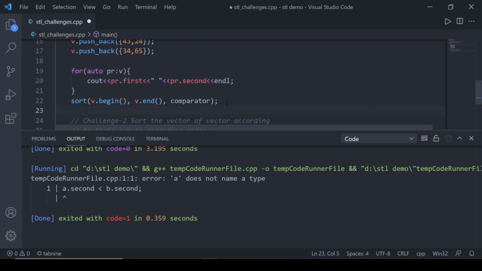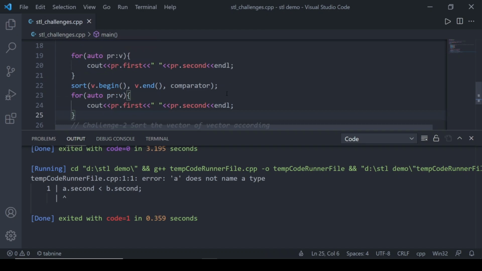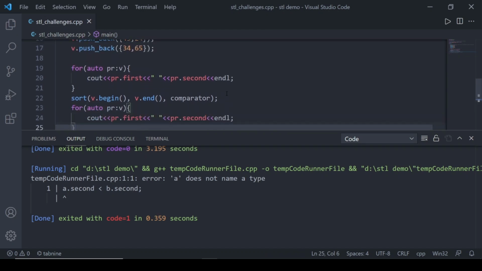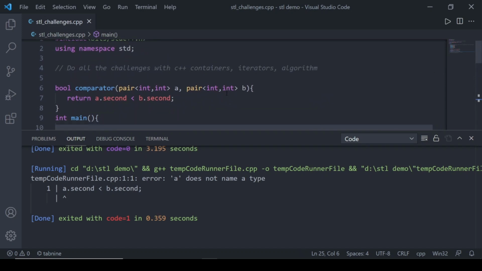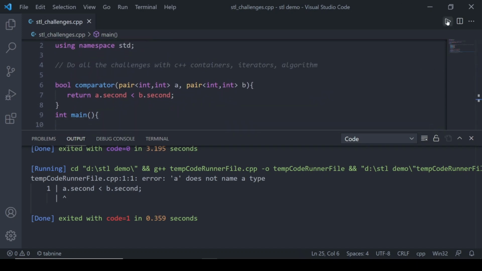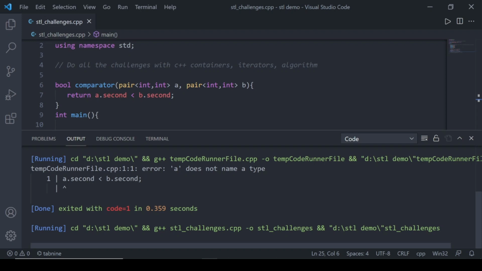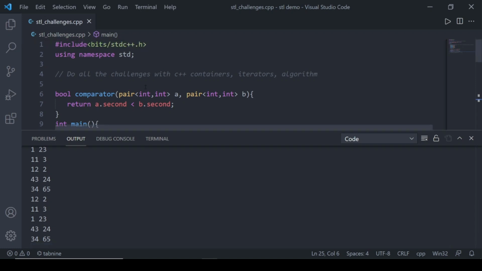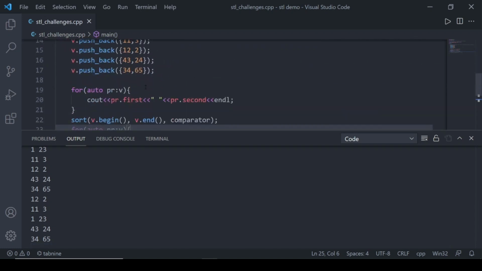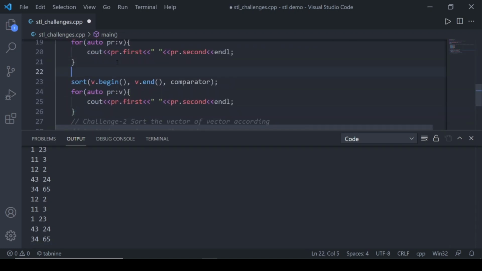Let's print after that also. Let's run that again. Let's put an end line so that these two are clear.